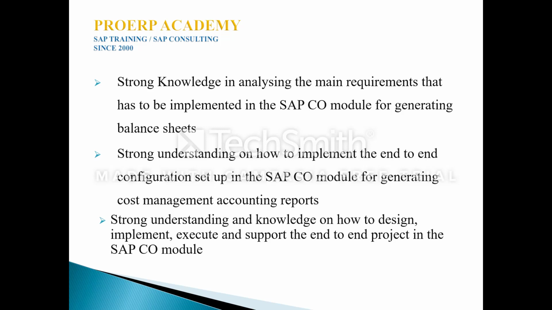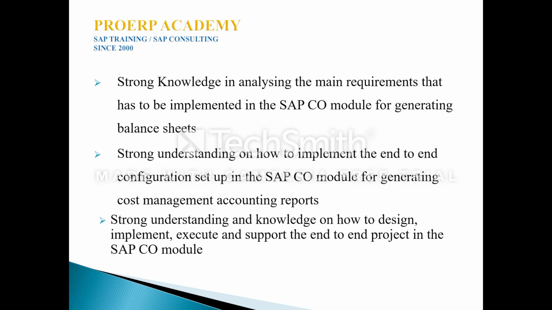So in this video, we have discussed very clearly about the advantages of learning this SAP CO module and advantages of implementing CO module, and what are all the important configurations to be implemented, and what are all the important reports and balance sheets we have to create based on the different debit and credit entries that has been generated